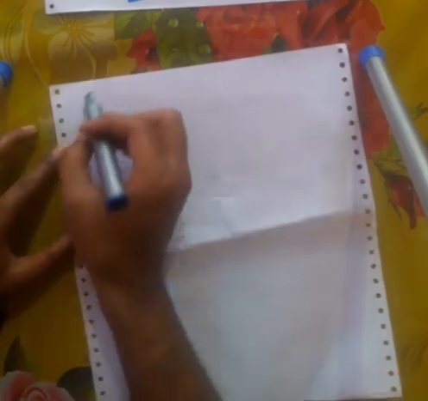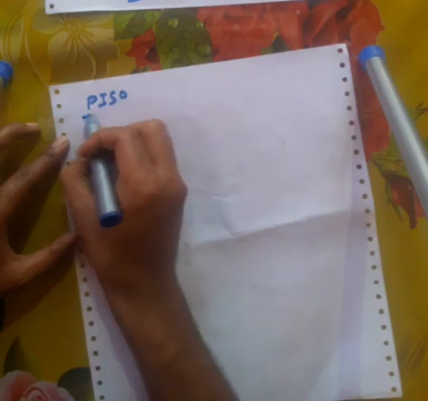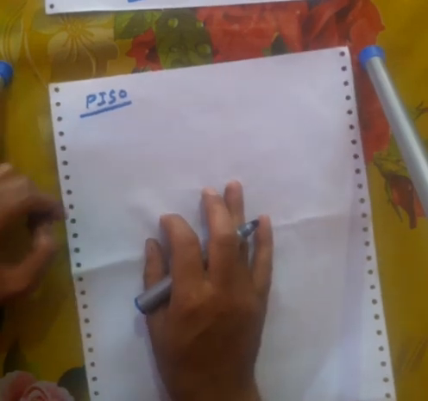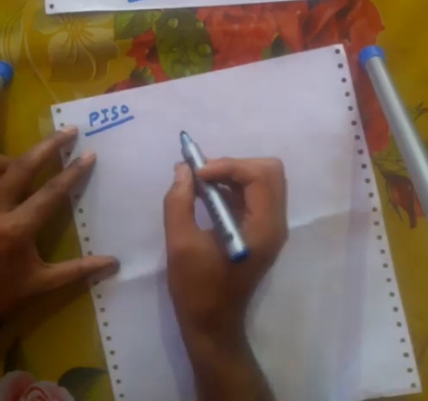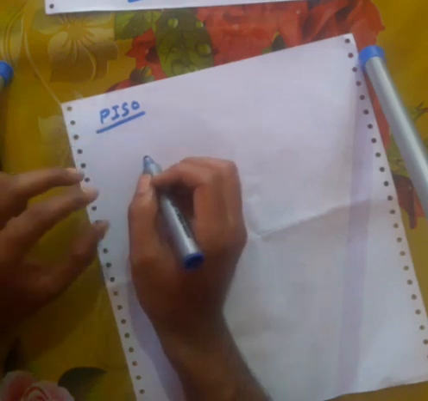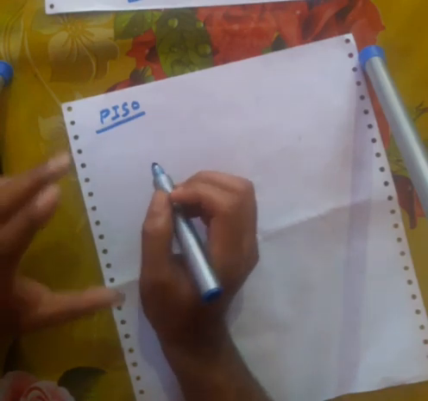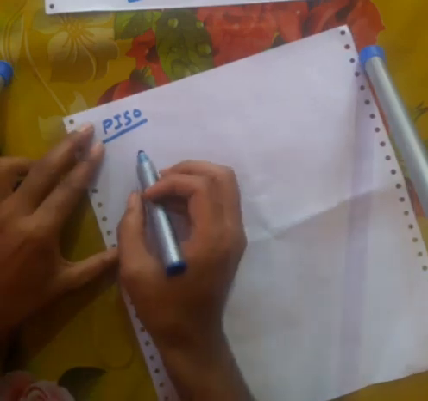Now come to the next type of register. Next one is parallel in serial out. Now this is important. You are giving data parallelly, but you are taking output serially. So for this you require a multiplexer. Without a multiplexer you cannot implement it, or you can say 2 OR gates and 1 AND gate. Better is to use a multiplexer because you are already aware of the multiplexer. Okay, now I will implement this.